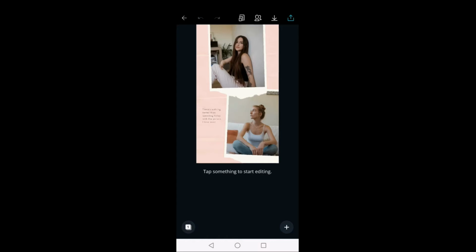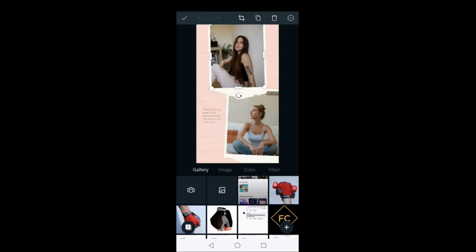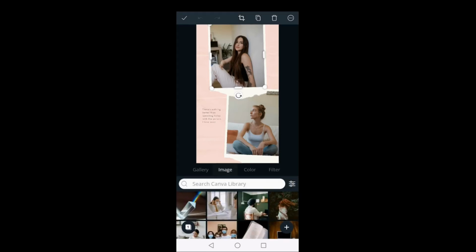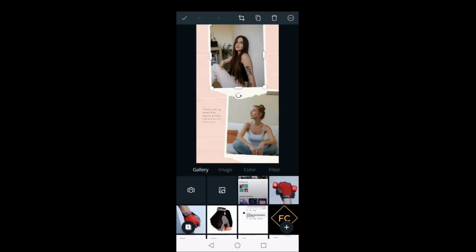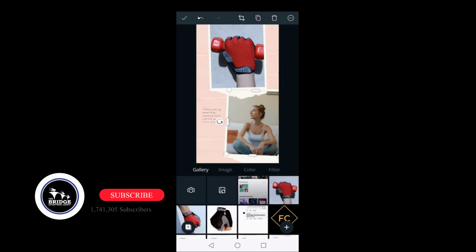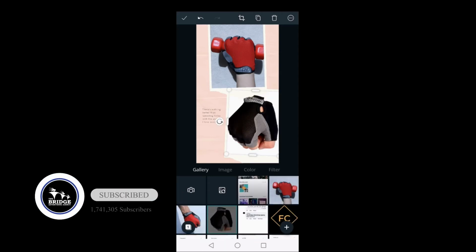So let's say that we want to use this template in order to create our design. So I will be editing this photo. Just click on the photo and choose one from your gallery, or these are the images if you want to choose image from Canva. But I have already the photos in the gallery, so I will choose this one right away like that, and I will choose this one here,